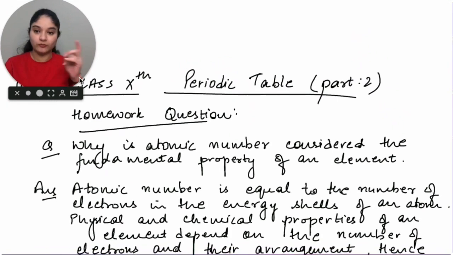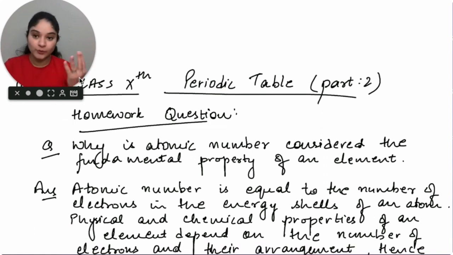The first thing that we'll begin with today will be the homework question from the last session. So let's start with that. The question that you had was, why is atomic number considered the fundamental property of an element? So the answer for that is that when we talk about atomic number, it can help you understand how many